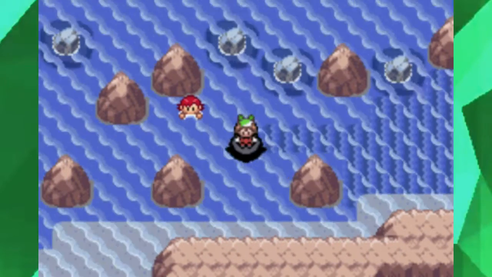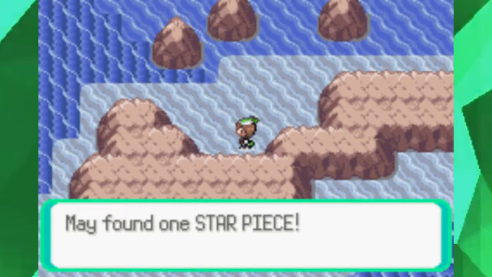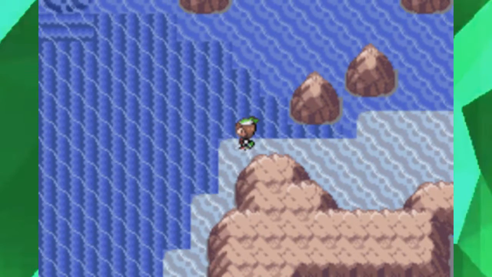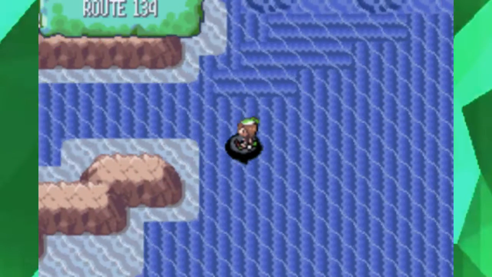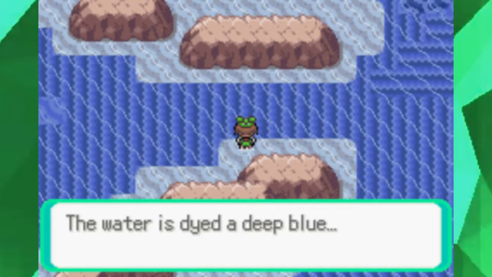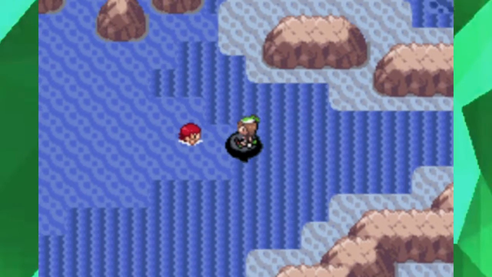And oh my god, I have to freaking... Oh. Turns out I don't have to fight her. Okay. Ooh, star piece. Okay. Cool. That's pretty cool. Get a star piece right there. Fortunately, you won't trigger any wild Pokemon battles when you're swimming on a current. Because obviously you're being pulled on said current to said places. So, yeah. Pretty